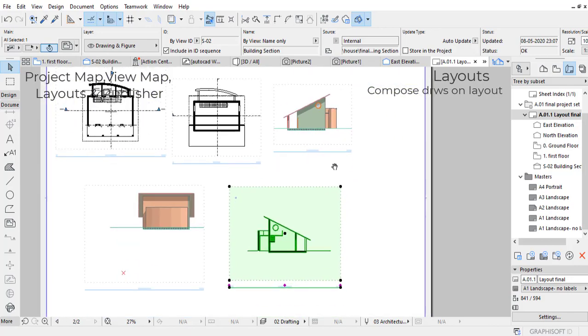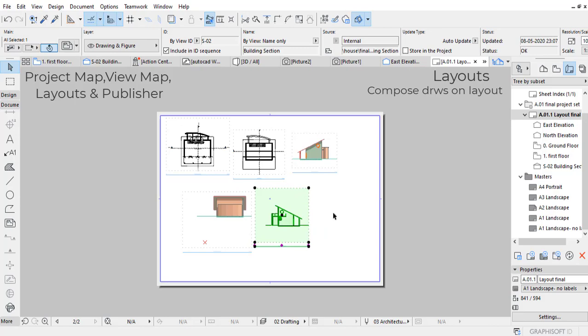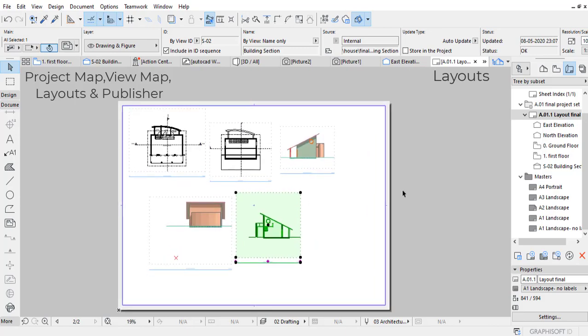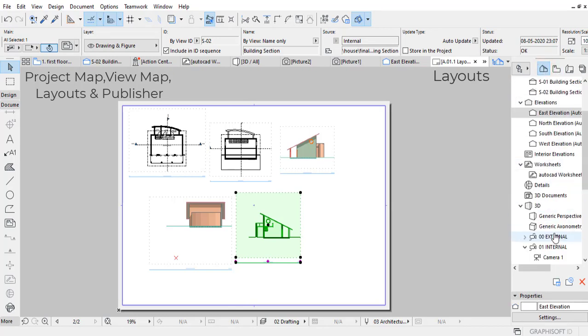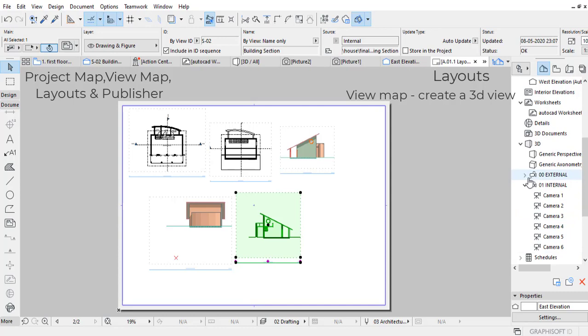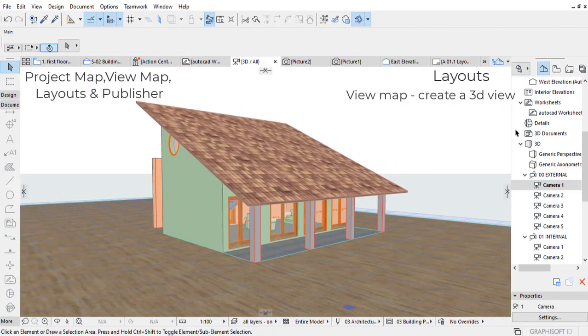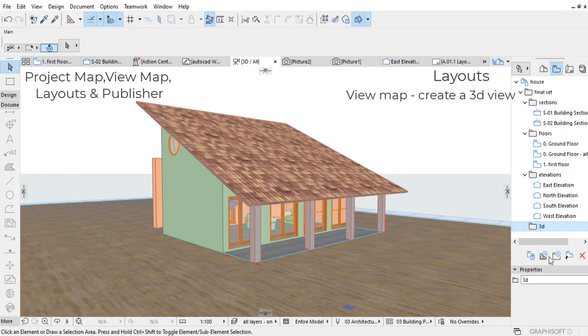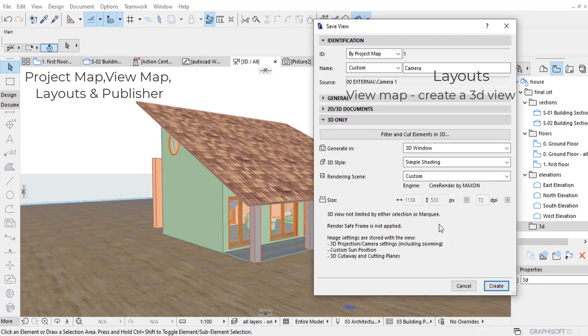And then we have everything placed, and one last thing we might want to place is a 3D view. So what I want to do is create a 3D view, preset a saved image of the 3D view also. So I'll go to camera 1 and save this under 3D, save current view, and just go to 3D only and make sure you choose only 3D window here